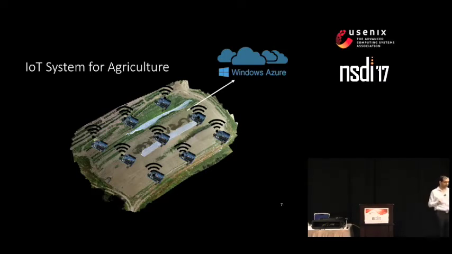This should work, right? Like all of our IoT systems today are built like that. My Nest camera takes my pictures, sends it to the cloud. My Google Home, Amazon Alexa, all of them work on a similar principle. This should work for the farm. Unfortunately, it does not. And let me tell you why.